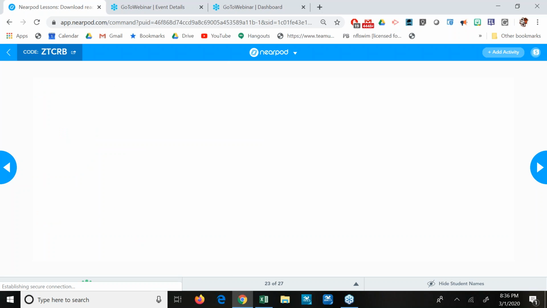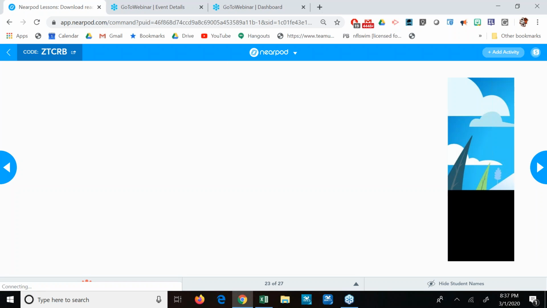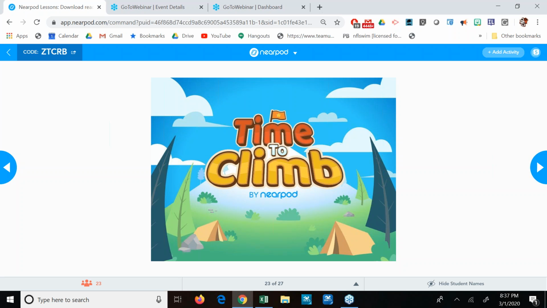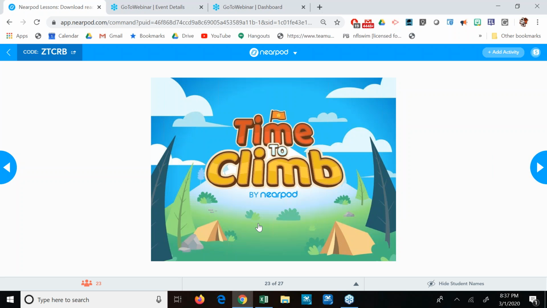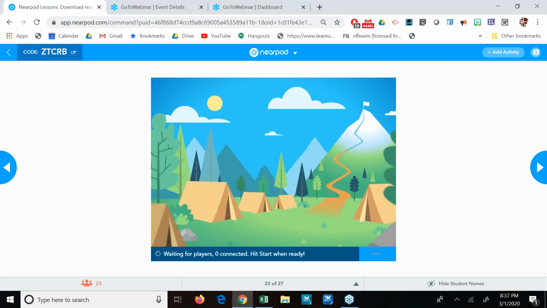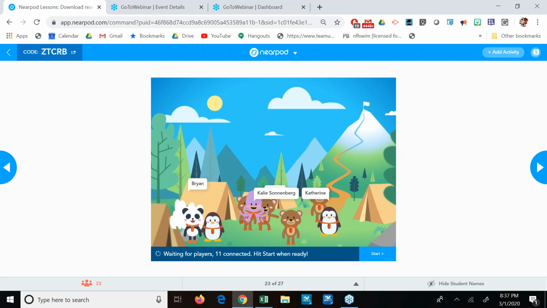All right, so it shows you the dispersal here. On our next slide, this is a really, really cute game. It's going to summarize everything we've learned throughout this whole lesson. We're going to do the Himalaya climb. This is a quick game, kind of like Quizlet Live. You're going to need to enter your name, and then pick an avatar. It's kind of like Kahoot.